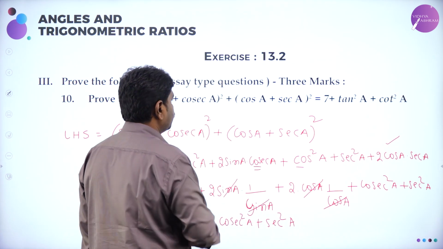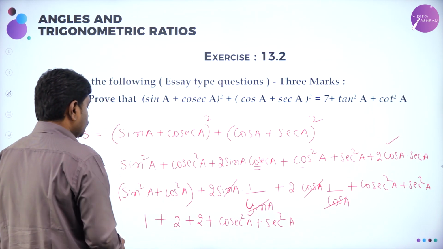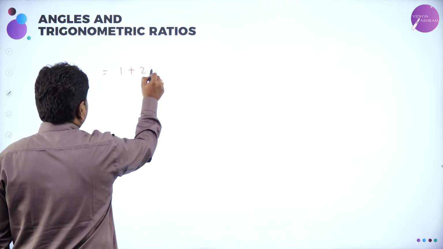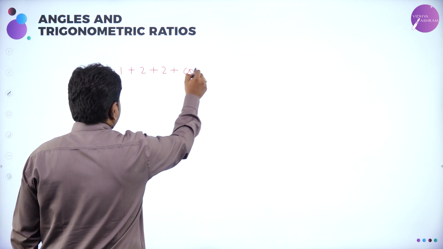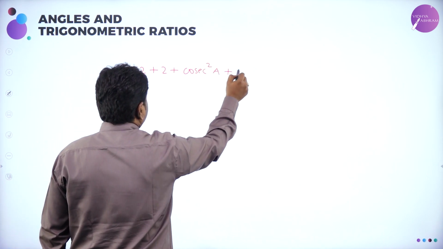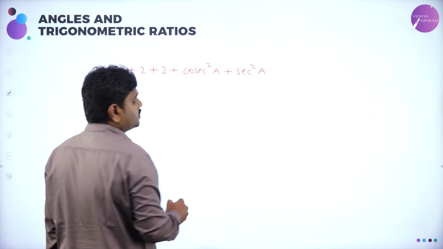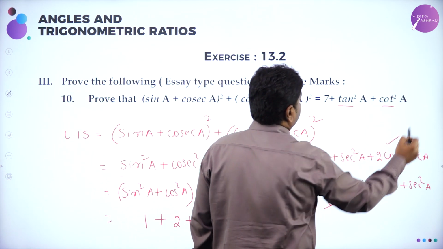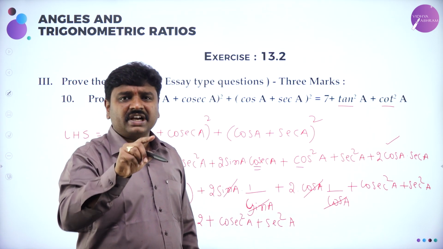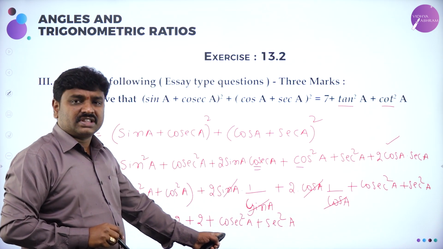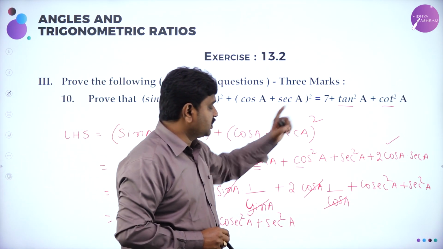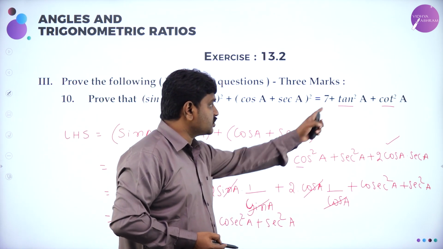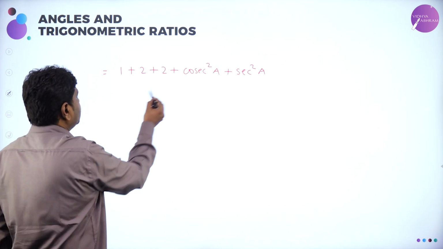Now 2 plus 2, 4 plus 1, 5 it will be. So now they want 7 plus, so we'll compress this. Now I am left out with 1 plus 2 plus 2 plus cosecant square A plus secant square A. See, dear students, observe the RHS and then you go ahead. In RHS we don't have cosecant and secant, we have tan and cot. So every problem is guided by RHS. After you arrive at this stage, again refer to the RHS. We have not reached the RHS, but we are about to reach, but we have cosecant and secant instead of tan and cot. So how to convert it into tan and cot?